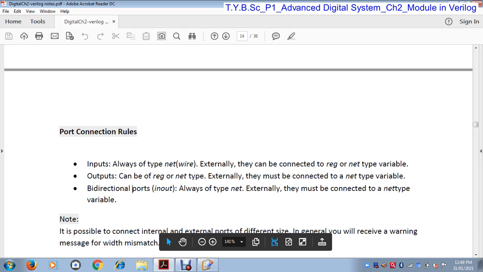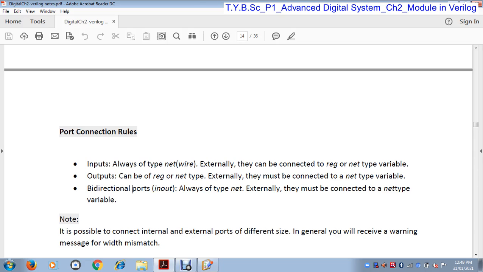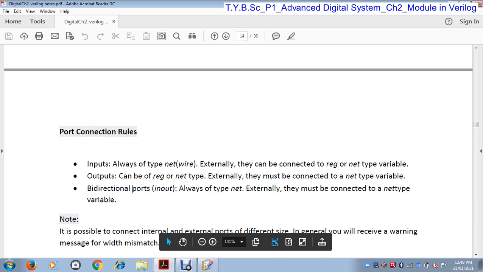There are three ports: input port, output port, and bidirectional port. An input port variable is always a net data type. An output port variable is either a register data type or a net data type. A bidirectional port must always be a net data type variable.